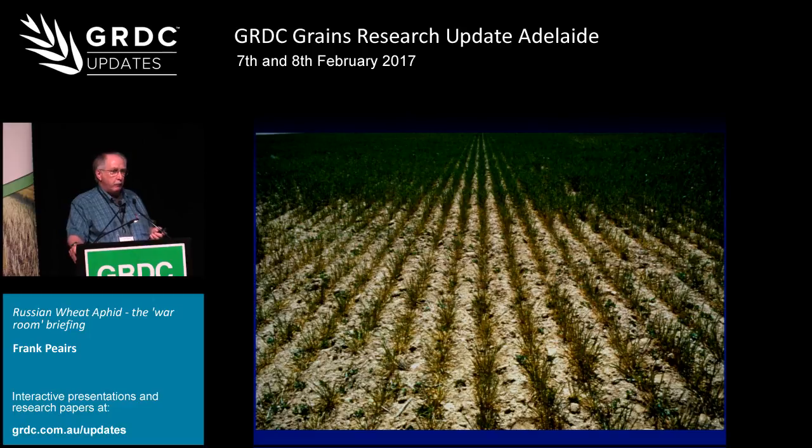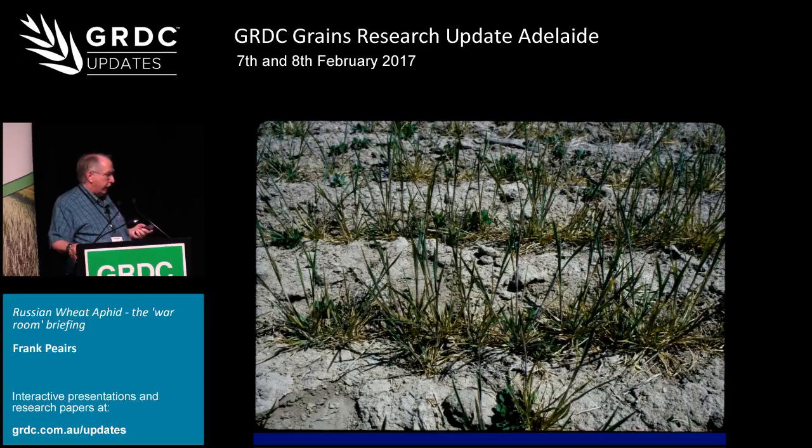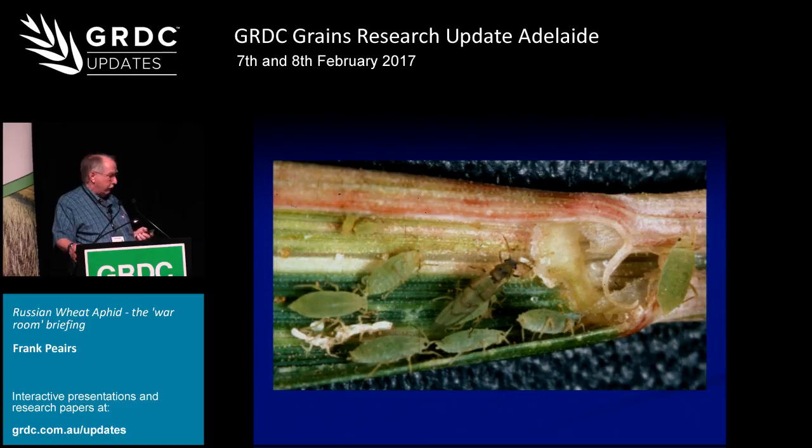This is the sort of damage we saw when it first showed up. And I will tell you that by our experience, if you can see Russian wheat aphid problems from your pickup window, you've waited too long. Within these circles of damage, you will find stunted, discolored plants. And if you look closely at those plants, you'll see that the leaves are tightly rolled. The aphid prevents the leaves from unrolling, which forms a tube that shelters them from weather, natural enemies, and insecticides. Within those rolled leaves, you will find